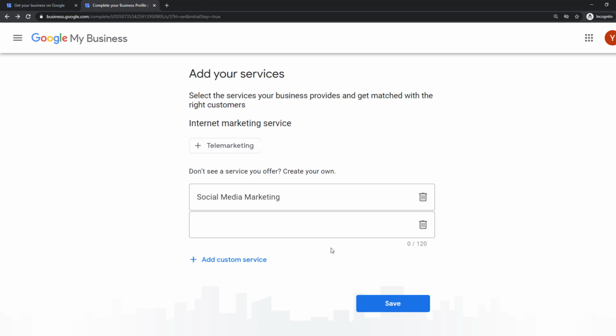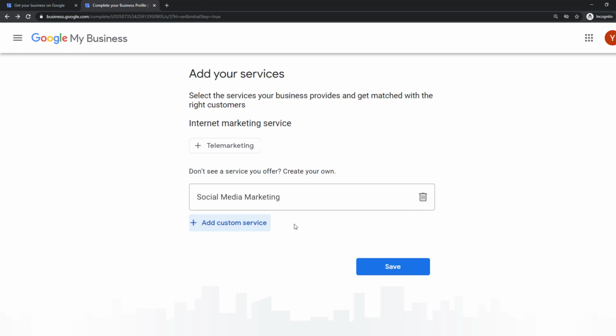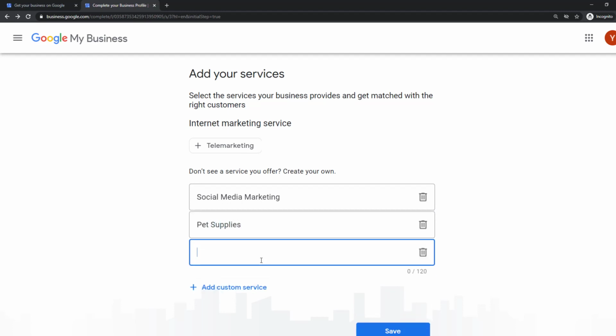All right, so basically what does work, this is how you're creating your own, right? You're creating your own service. That means you see I'm clicking on enter, but nothing is happening. So yeah, that's it. Click on add custom service, right? Here you add your service. So for example, for the folks who are selling pet supplements, you just type your pet supplies, right? Pet supplies. Petlicious, right? So basically this helps ranking because these are some of the words that your target customers will be searching